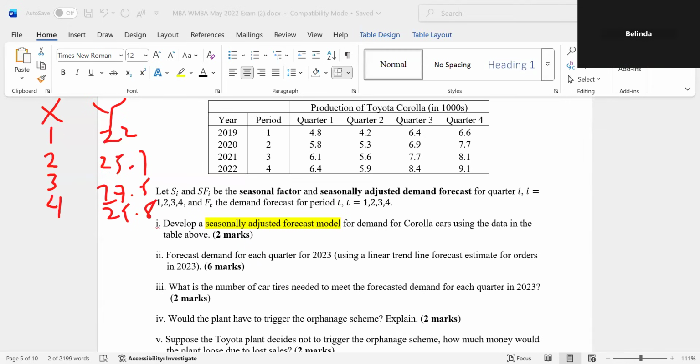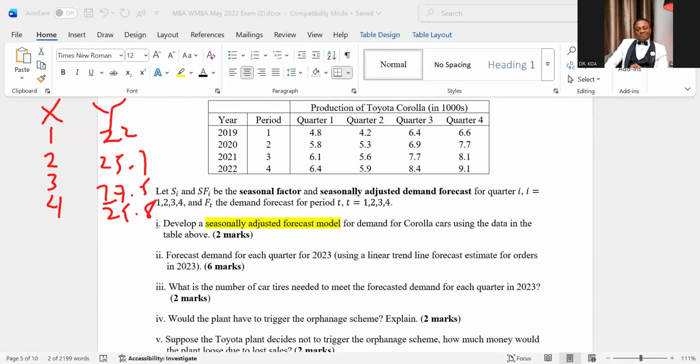Please, for the X's, when you say time, are we considering the number of quarters in a year or the number of years for which the production was given? Period. Each year is year 1. So you're just climbing up. It's there, the period. This one, that's the X. It's always given to you.